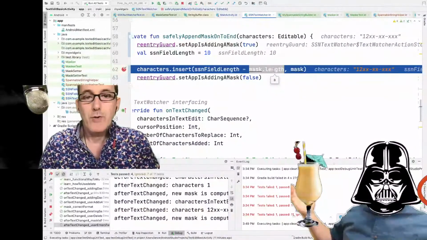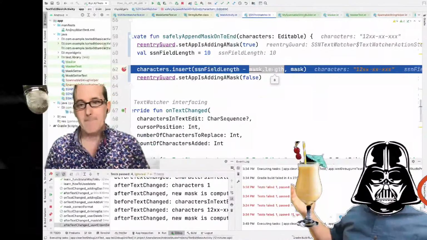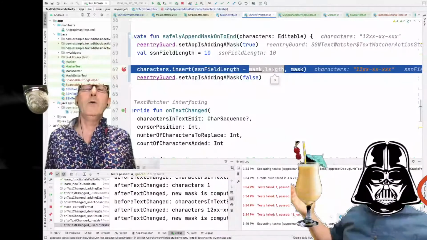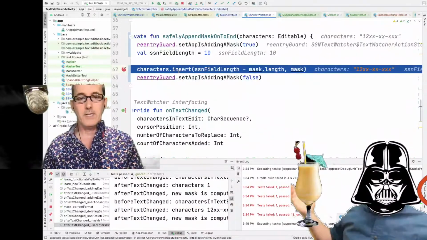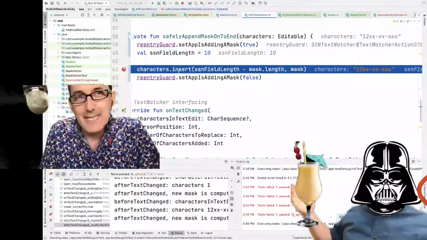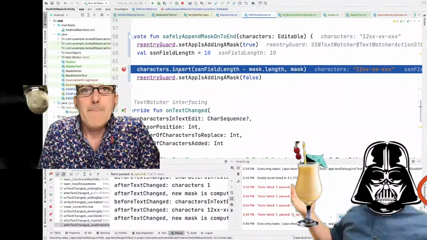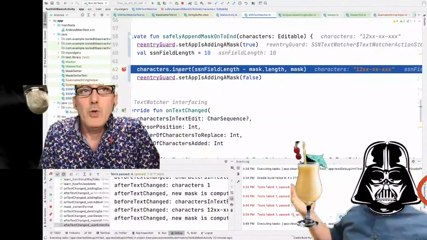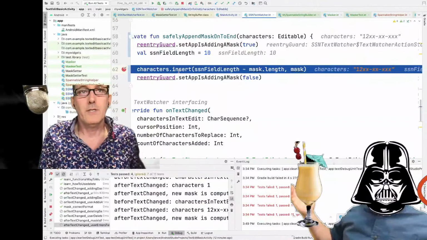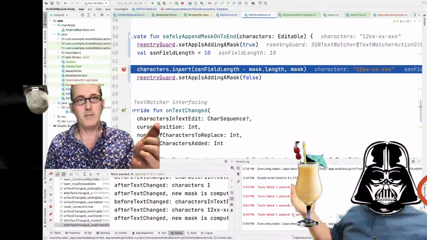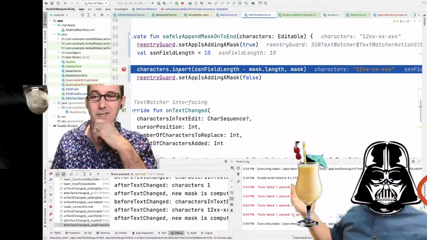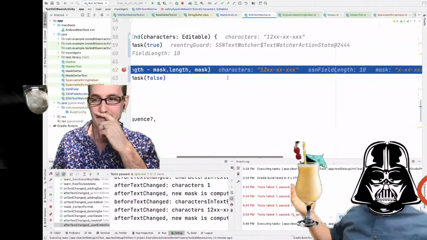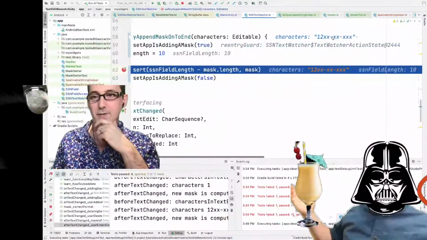There are 2 user input characters in there. So if there are two, where is insert going to insert? Insert should insert the new mask after the 2. So it should start at position 0 is the first position, 1 position. It's either 1. It might be off by 1. Okay. So this mask is